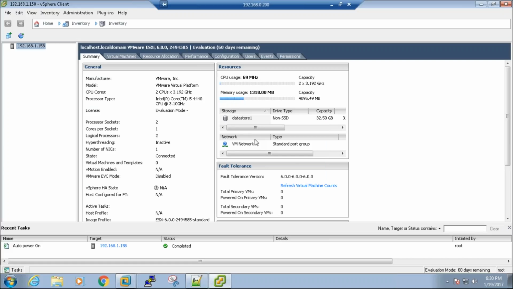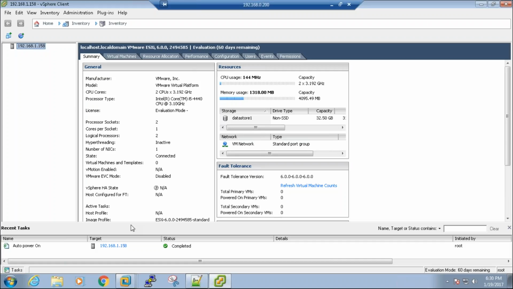I'm sorry. Yeah. So now, as you see, this particular user interface, this is called the inventory in the left hand side.